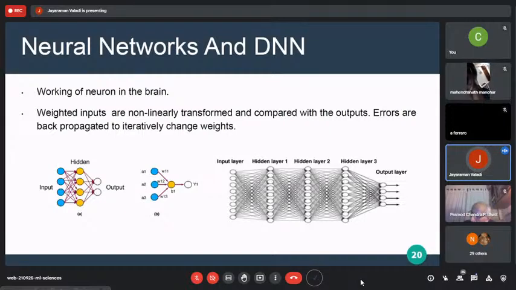Neural networks and deep neural networks have again been used in life sciences in different applications profusely with high performance. The neural network mimics the working of the neurons in the brain. We have inputs like the protein sequence features like hydrophobicity and charge and different properties as input features. The input features are weighted and nonlinearly transformed by using some activation function by different neurons